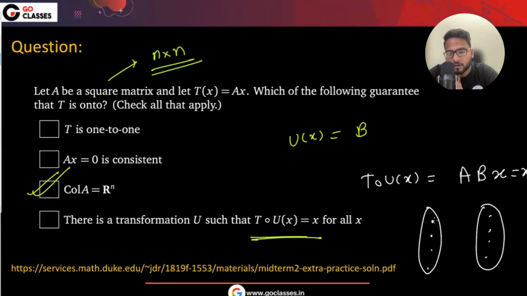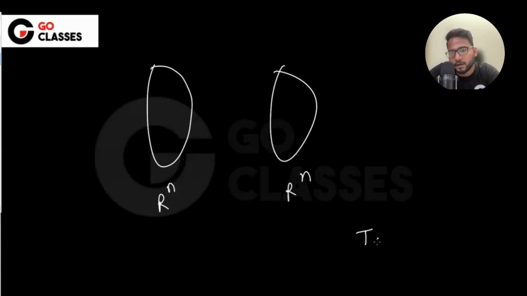Okay. So this is Rn. So let me go to the next page. Let's suppose both are Rn. This is also Rn. Okay. T composition of U of x is giving you x. So let's suppose, here what I'm trying to say is onto, right? So they are saying onto. Okay. So here